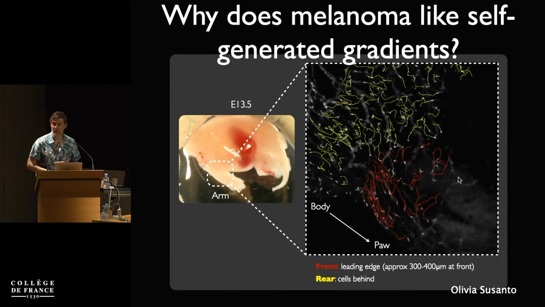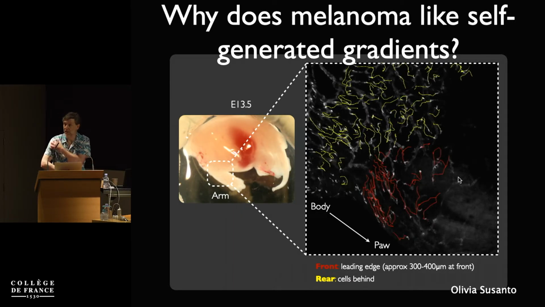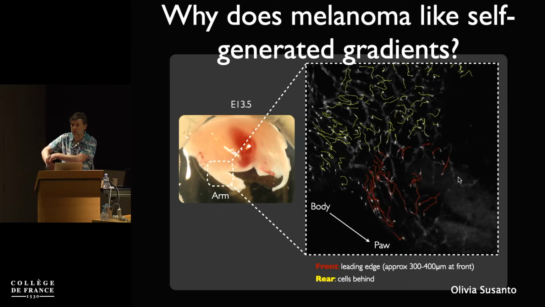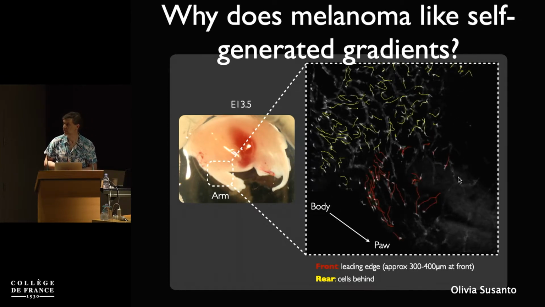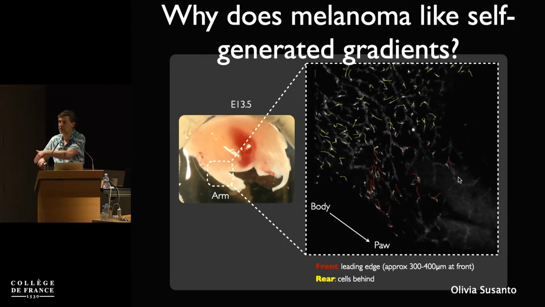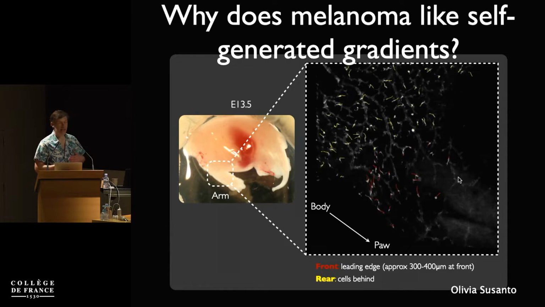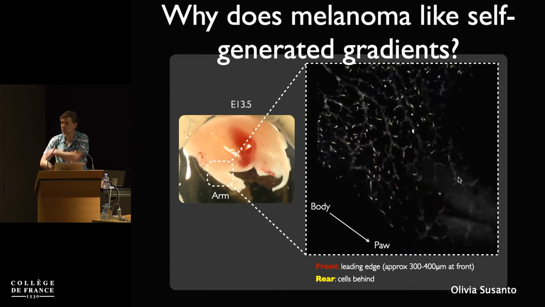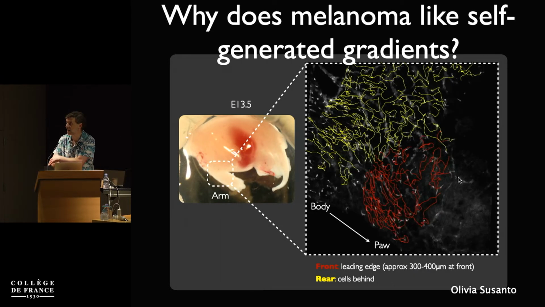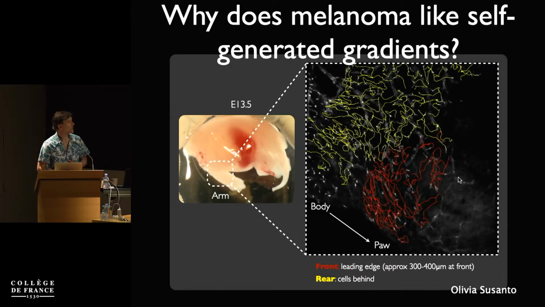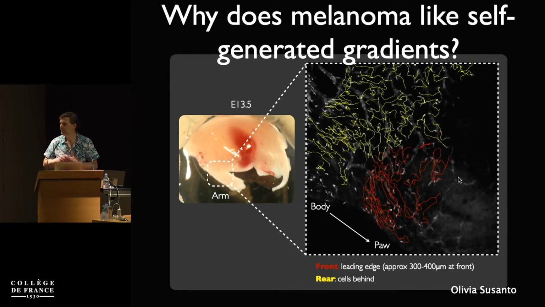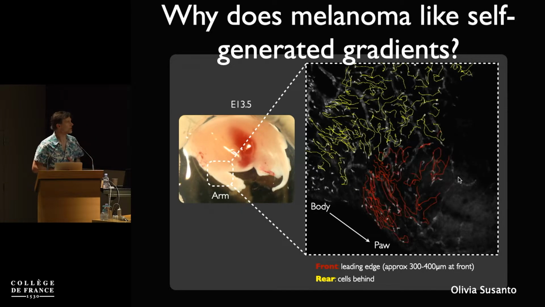And if you watch the GFP melanoblasts, you can see, again, the same thing. You can see a wave in the front. And the ones that are at the front of the arm keep moving down towards the paw, and the ones that are further behind are not directed. So the reason you can get cells migrating all the way from the neural crest down to your fingers is that they self-generate a gradient that draws them back. And also, in just the same way as our models, it sheds a few cells along the way, and those few cells that are shed are presumably the ones that give you skin pigment. And this sort of process has all manner of really interesting consequences.